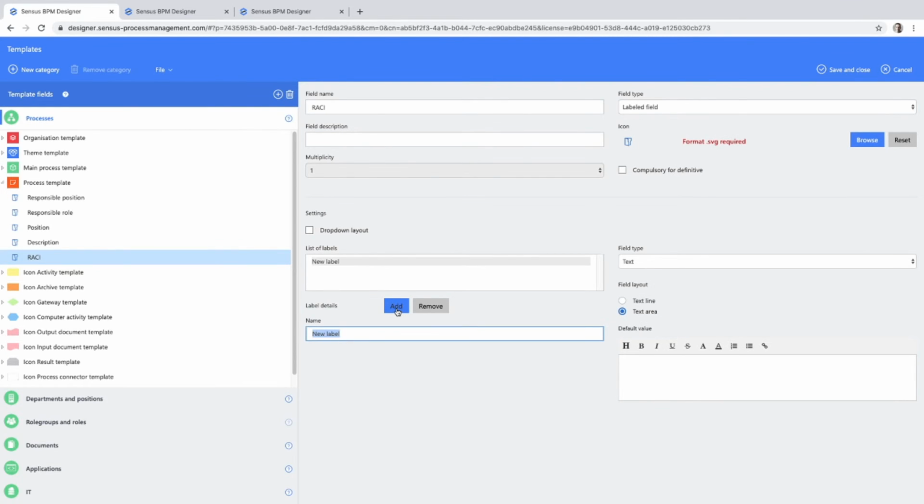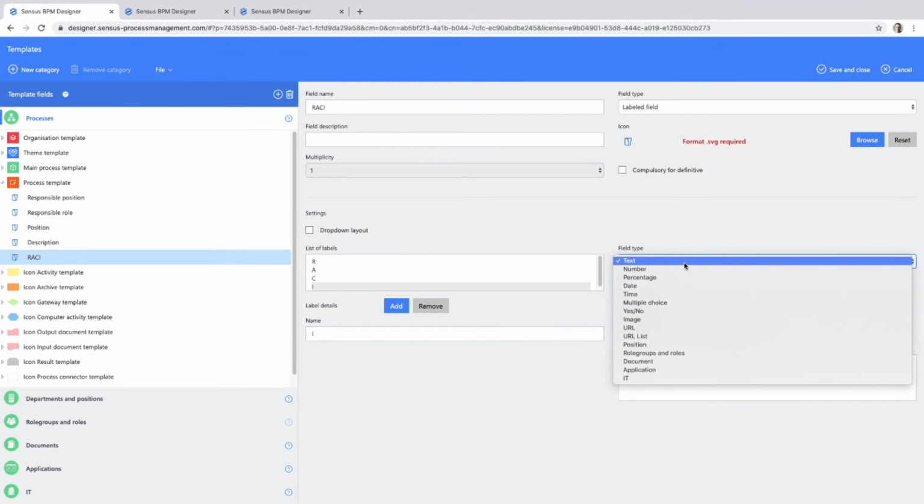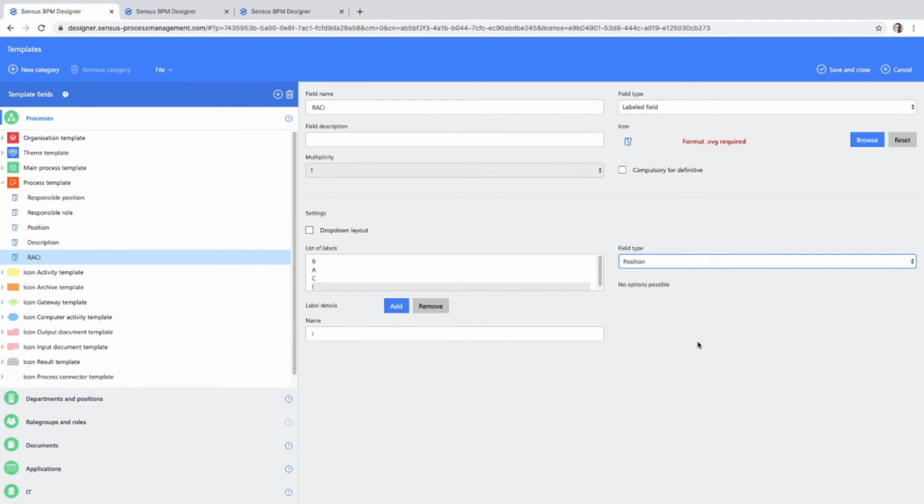I say okay, the R, the A, the C, the Y, and here, it's about the positions, so I choose for the field type position, and that refers to the positions we have in our position and department tab. I say save and close,